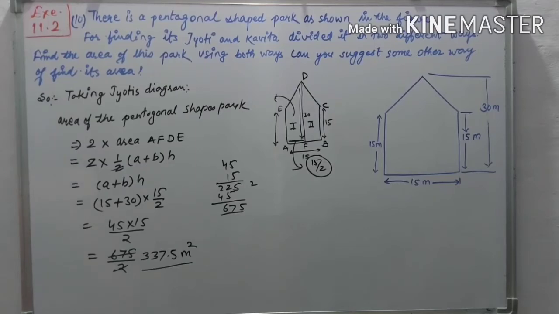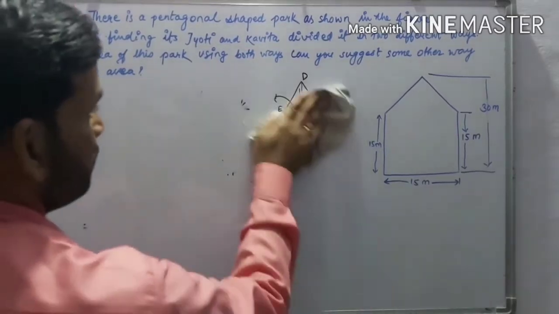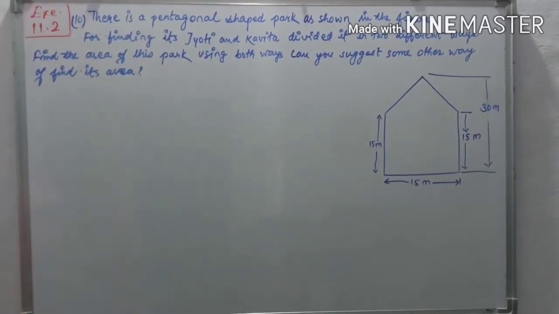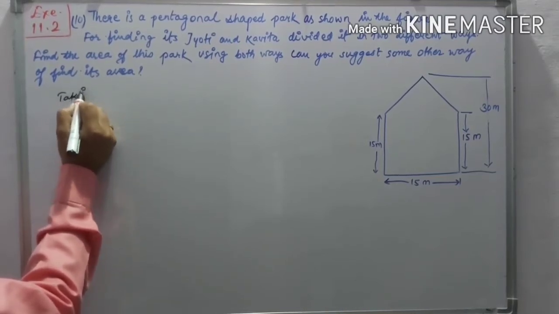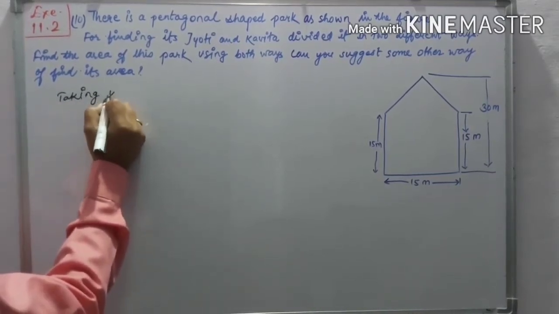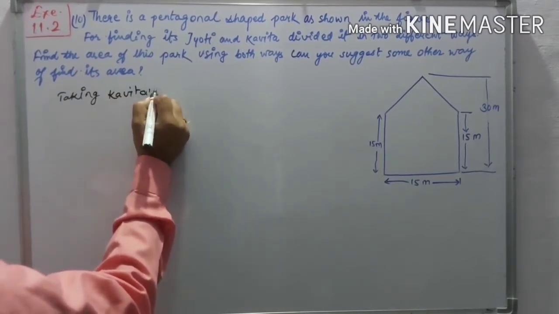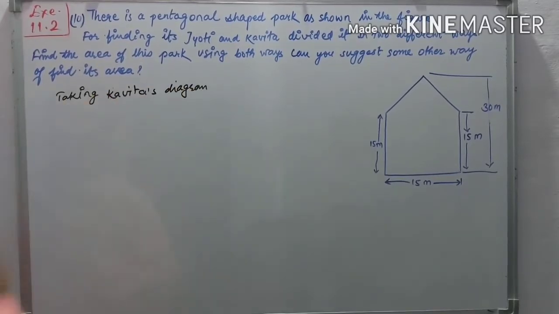Okay, now the second is the given Kavita's diagram. So you have to draw the diagram a second time, the shape of Kavita, because it is a different way. You write, taking Kavita's diagram. Kavita's diagram is